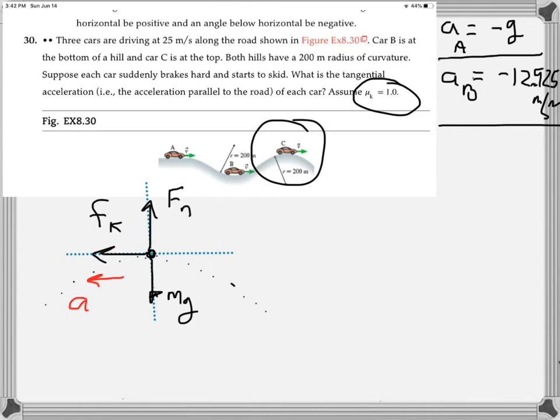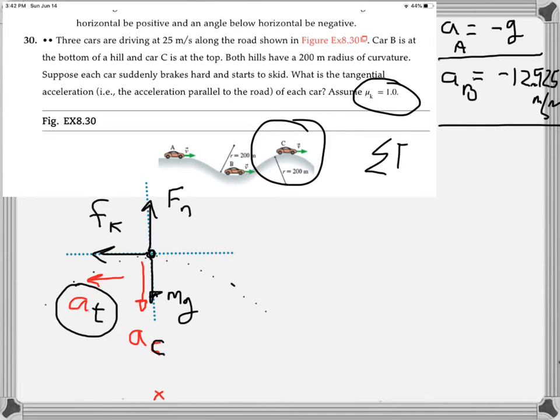I should call it tangential. I think I did it a second later, but anyway. And we have the red vector that I'm drawing here. This is going to be the centripetal acceleration that car C has. Car C is moving in a circle. Where is the center of that circle? Below car C. So in what direction is the centripetal acceleration? It points down into the ground. So that is the centripetal acceleration for car